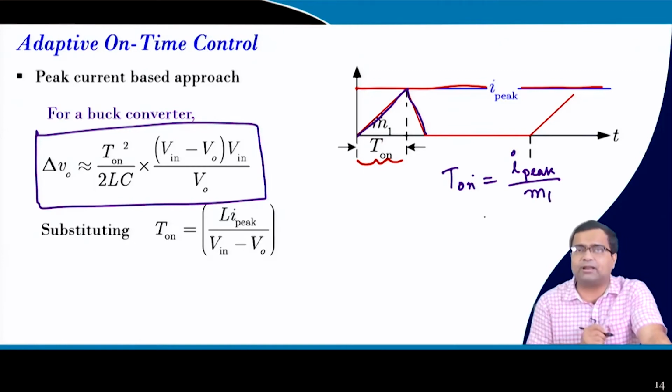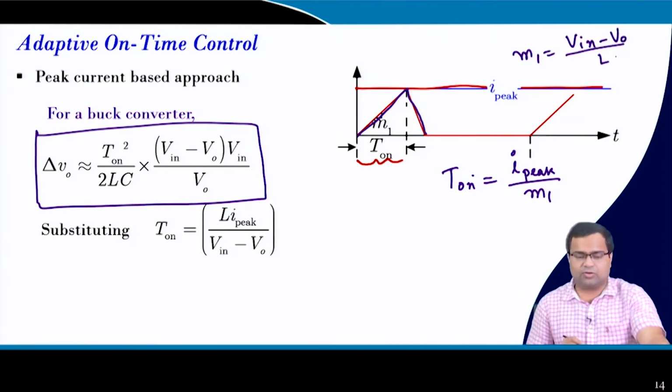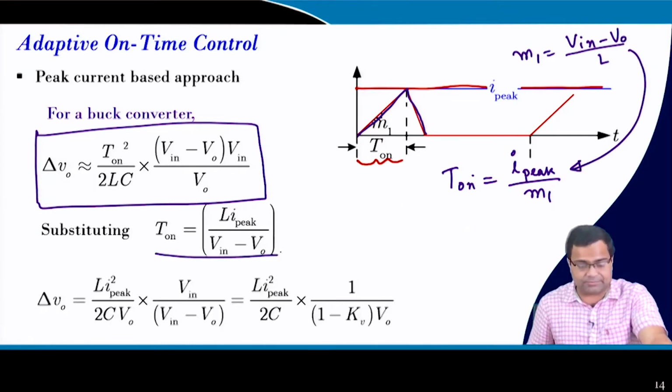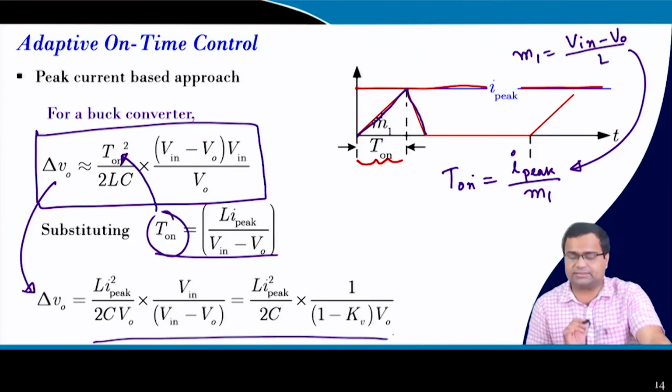And what is M1 for a buck converter? M1 for a buck converter is (V in minus V0) by L. Now, if you substitute M1 here, then you will get this expression. And if you substitute this T1 expression here and rewrite this delta V0, you will get it like this,